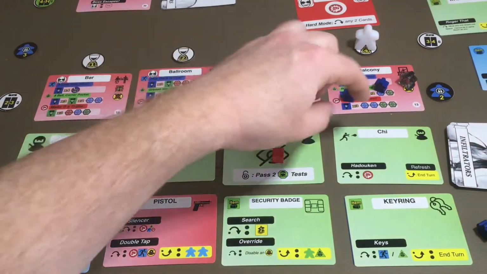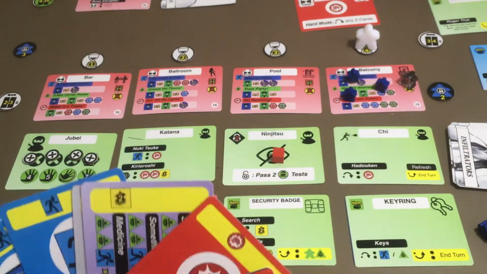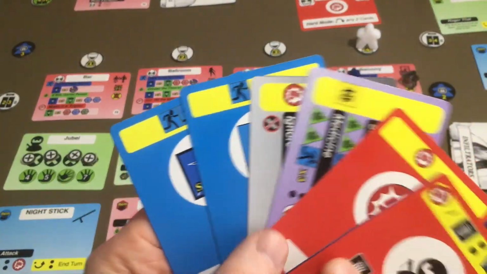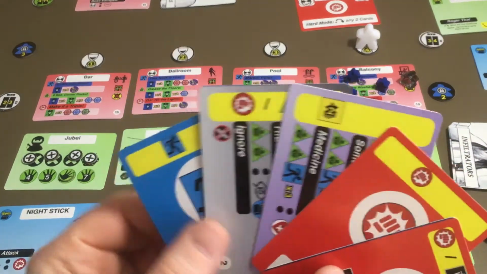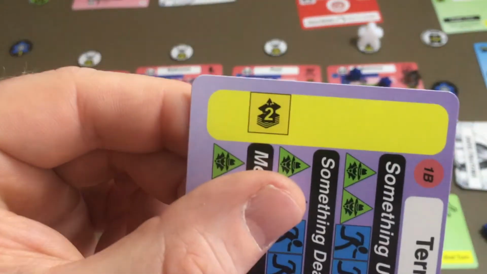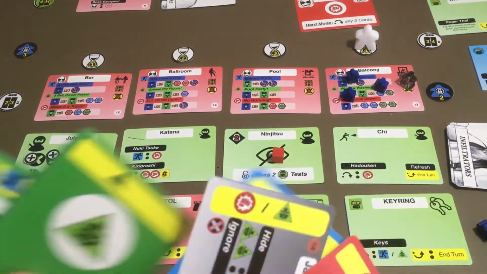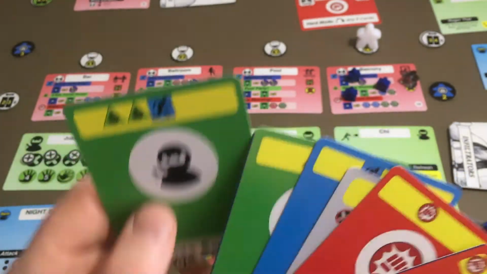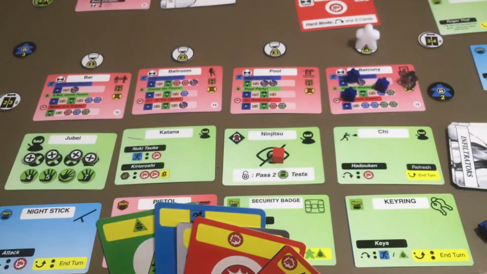Okay, so we got those 3 guards. Now let's deal with those attacks. So let's see what we got. So we got 2 blues and 2 greens to block, and I do have the sprint here. So let's definitely block 2 of them, and now we got the 2 greens to deal with. Let's use this one to draw 2 additional cards and see what we get. 1, 2. Oh, kind of perfect. Look at that. We will go ahead and use the 2 greens from this guy, and we have a leftover